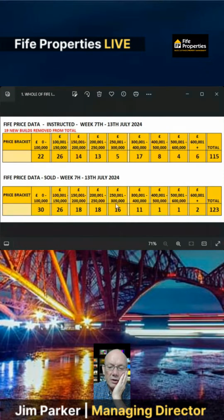So there's a huge amount. So what's getting actually listed, 70% of them are under 300,000, but 88% of them under 300,000 are getting bought. So everything under 300,000 and under is actually doing extremely well. Everything over 300,000 will take a bit more time. So just bear in mind, when we go back to the St Andrews one,